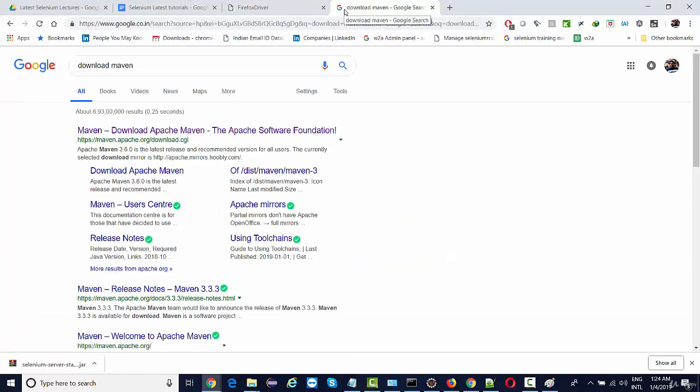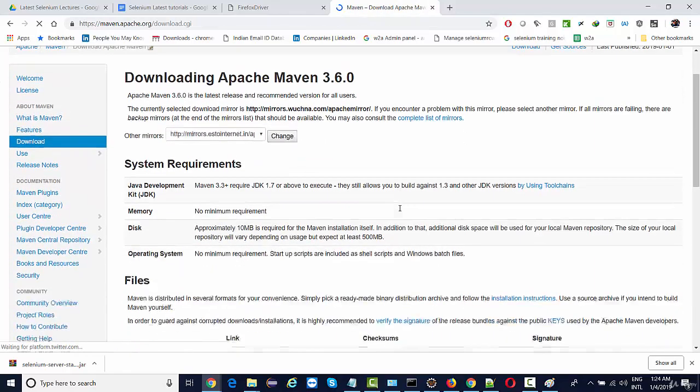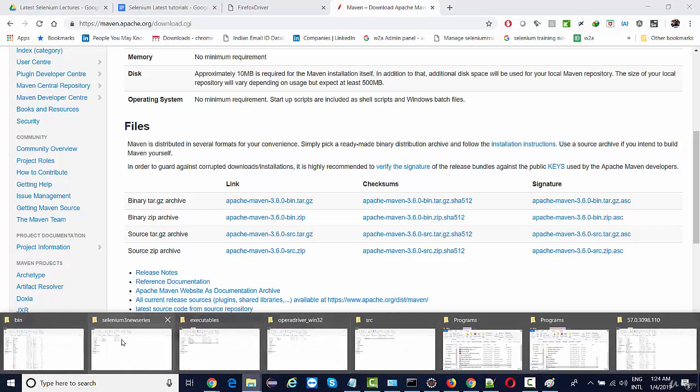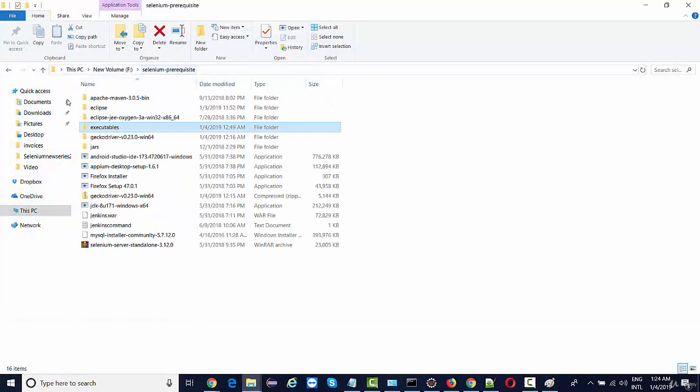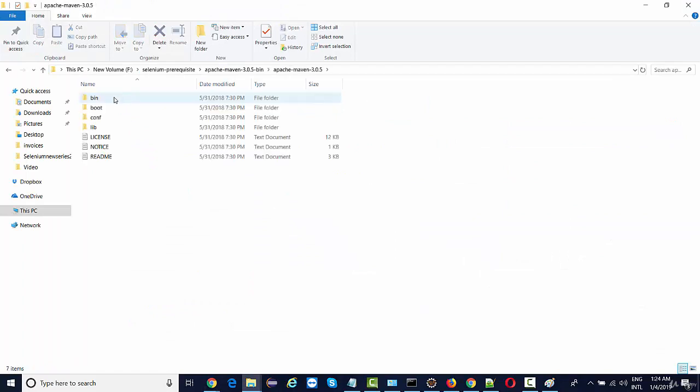Maven comes in two parts. One is the Maven binaries that we are downloading from this link, as a zip file, right? You'll get a zip file, you unzip it, and you'll get something like this, a folder of Apache Maven. I'm having 3.05. You can download the latest one. So over here you'll find it like this. There's nothing installable in Maven. You get all these files over here. So this is one way you can download Maven.